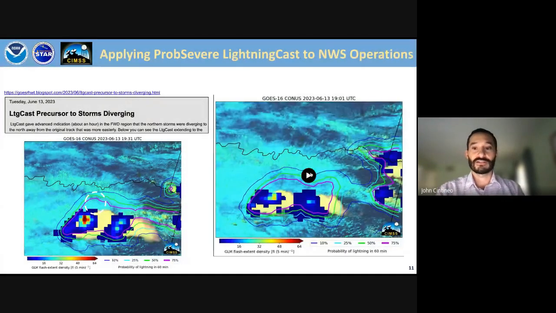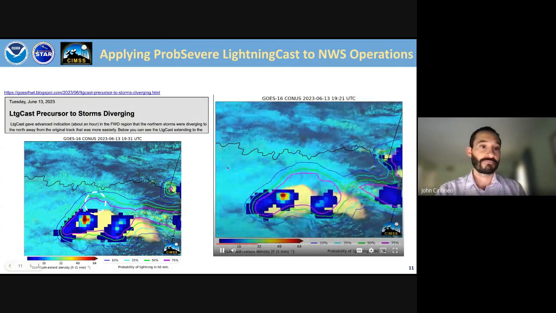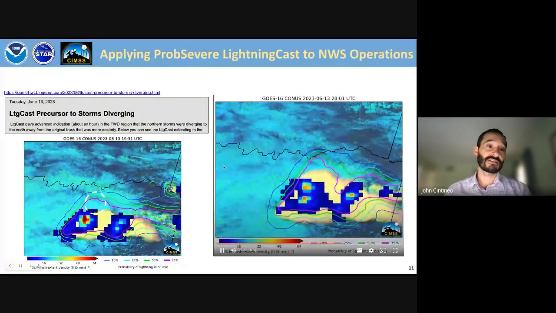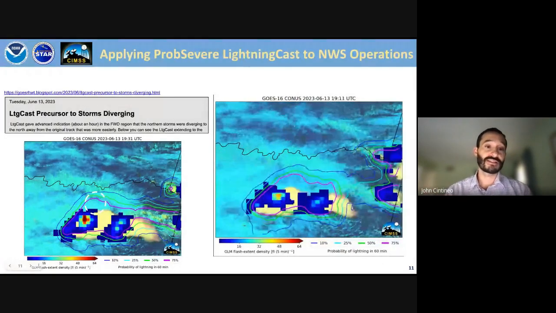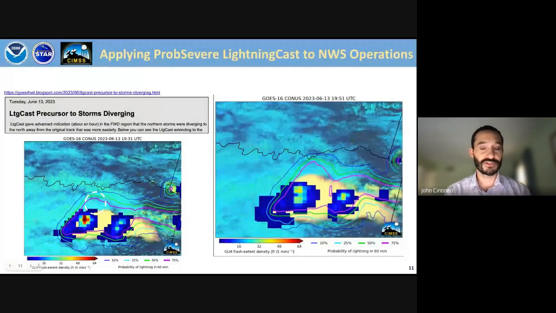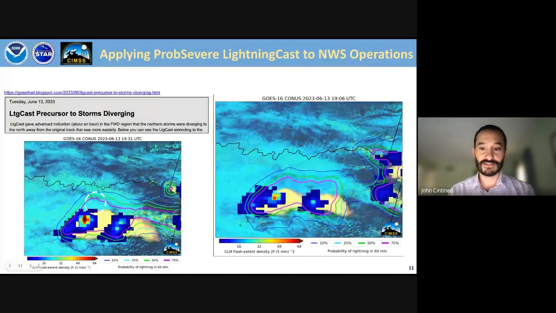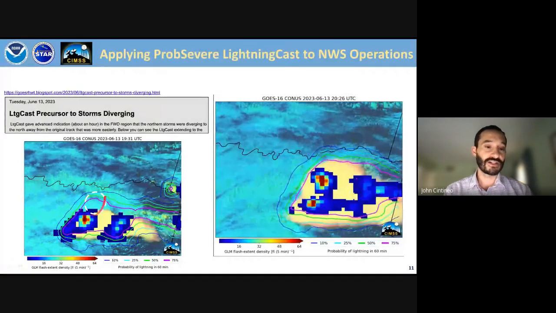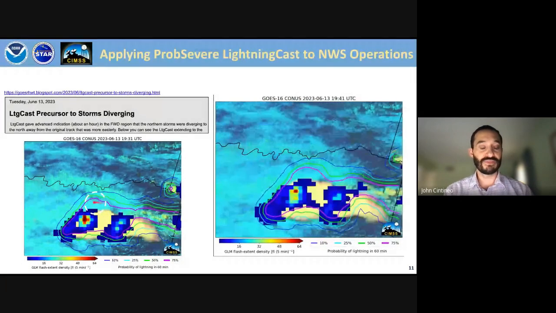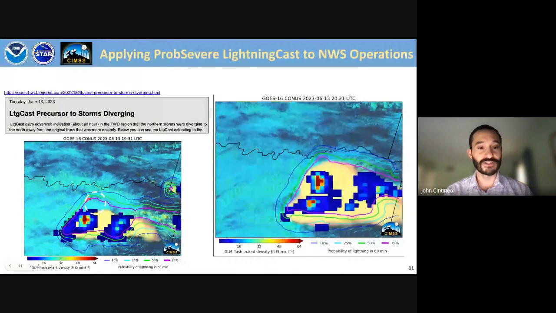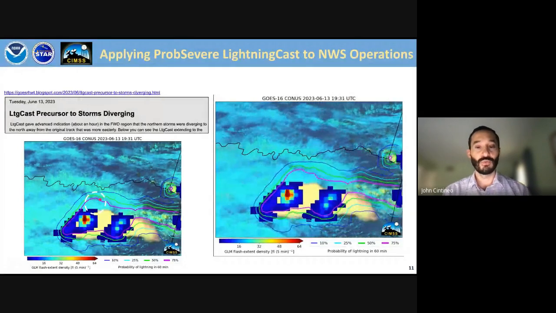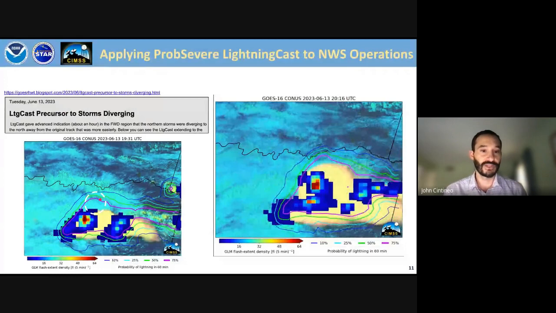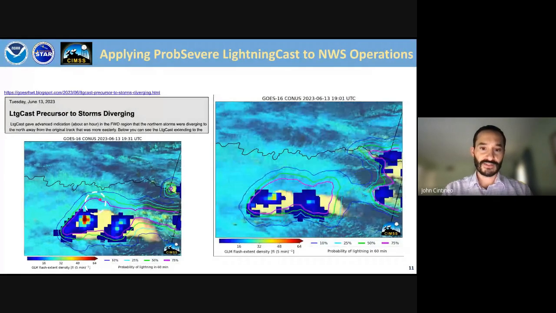Another forecaster saw LightningCast give some advanced notice of a splitting storm or diverging storms in North Texas here. And you can see this in this image here, where you have this really big bulge of a very high probability contour, 75%, well north of the convection. So we want to look at this a little more